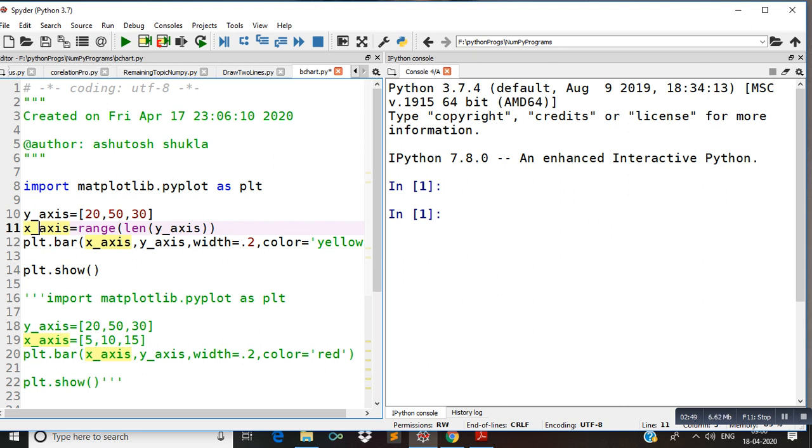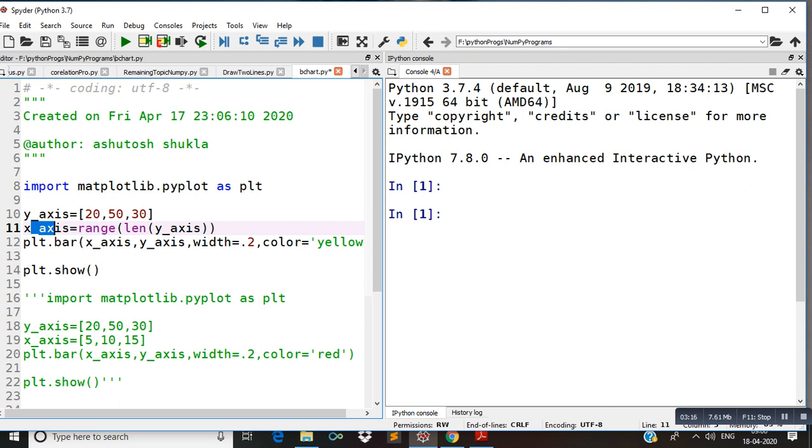It means these are the values of the y-axis. For the x-axis, I have written x-axis is equal to range, and in brackets I have passed len of y-axis. Len means length, and it will return the number of values in the y-axis.